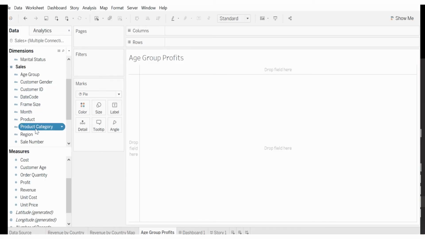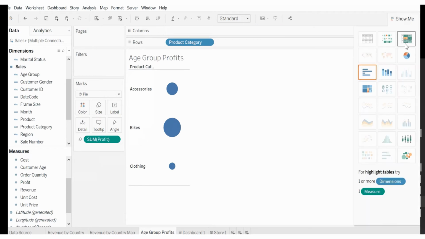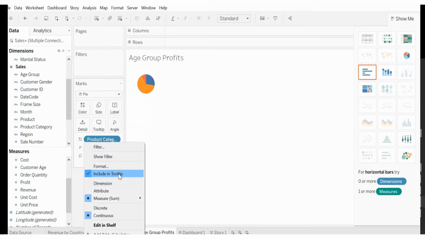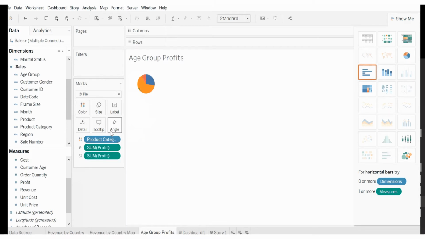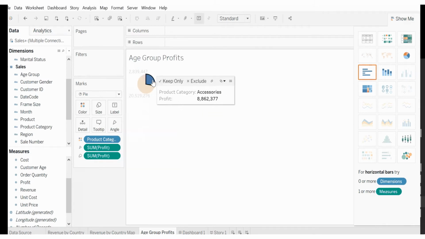So for this challenge, I'm making 2 visuals. I'll start with product category. I'll drag that in, and you can see all the categories here, and then I'll bring profits in. That'll change the size based on their relative profitability. I can change it to a pie chart, but it doesn't really help me that much looking like this. So I'm going to see if I can add some labels. So you can see some labels, but also if you hover over individual components, you can see how much profit